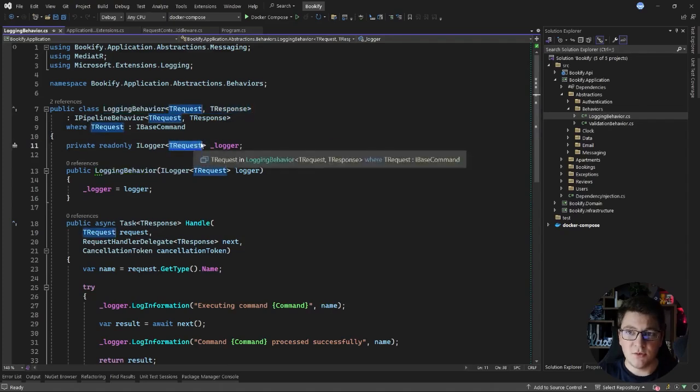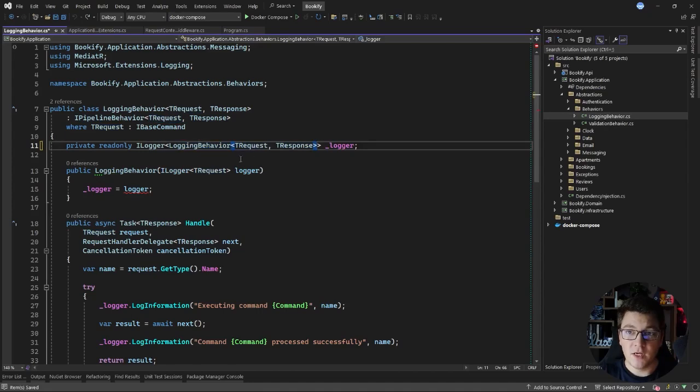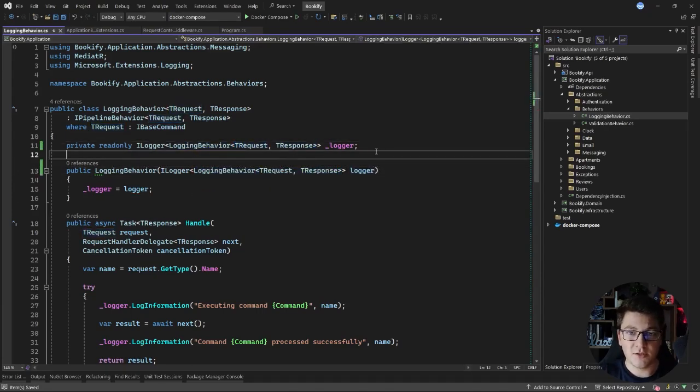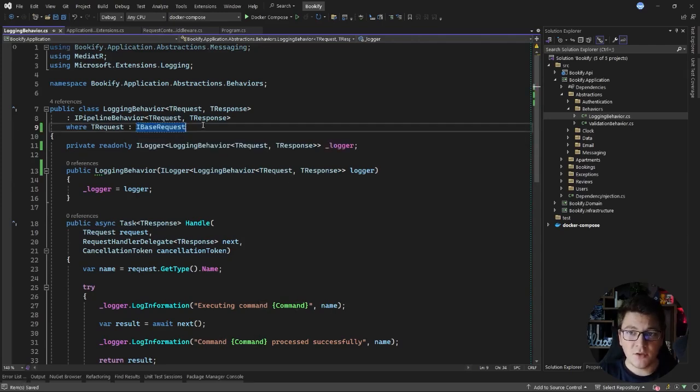So instead of the TRequest argument, I'm going to add the fully qualified type to get better information in my source context for my logs. Right now, the logging behavior will only run for my commands. If I want to update it to run for all of my mediator requests, which are commands and queries, I